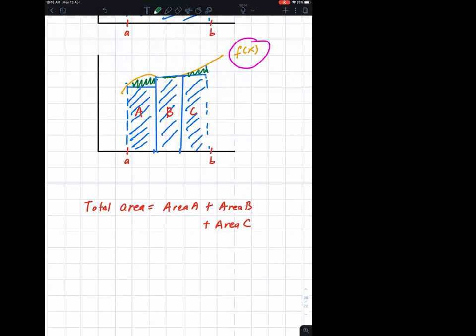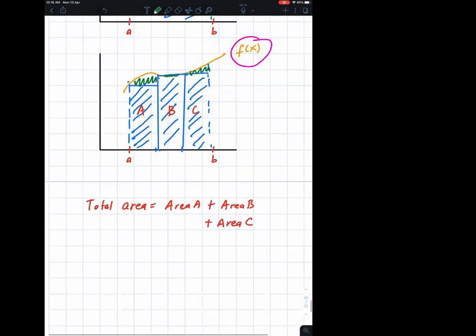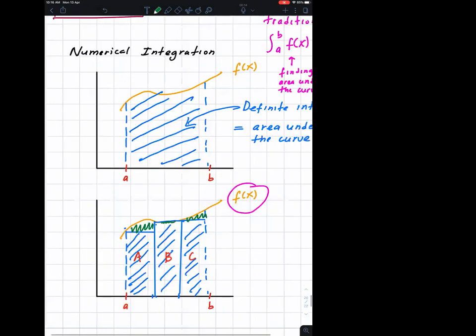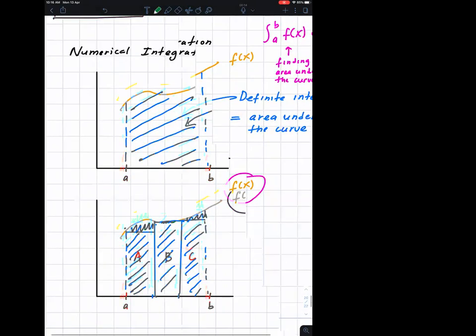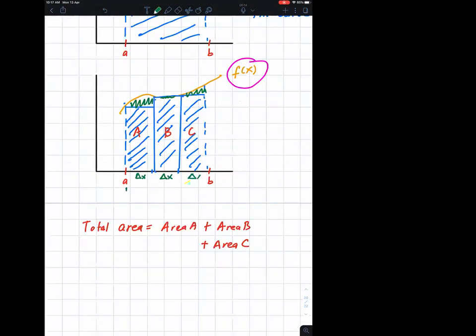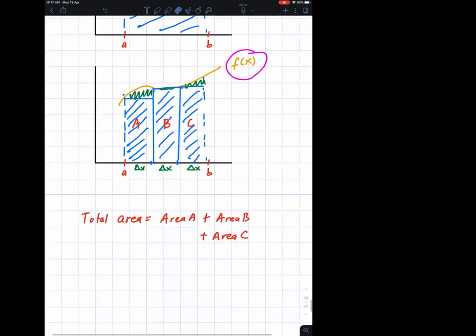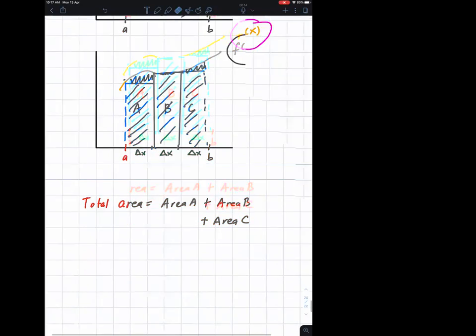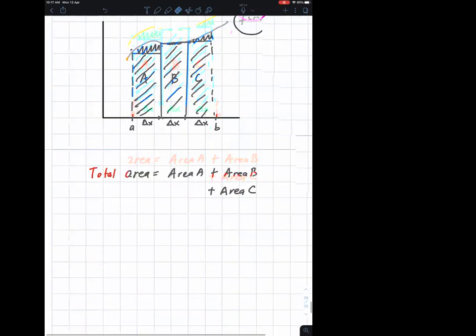How would you make this more accurate? Let's say we call this from here to here. Let's say the thickness of this is delta x. If these are equal width, and you call them delta x, the way you can make them accurate is